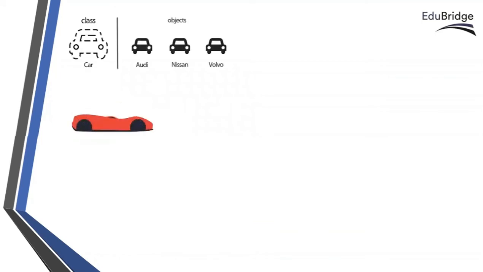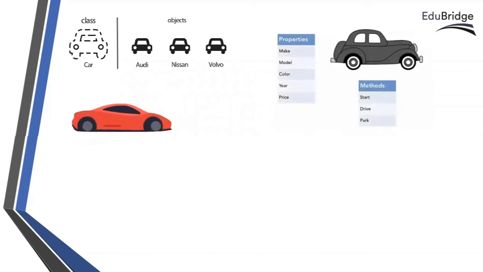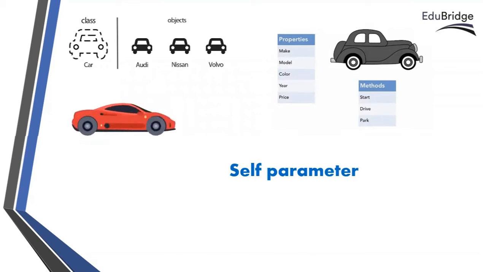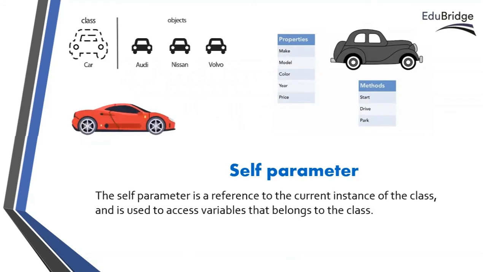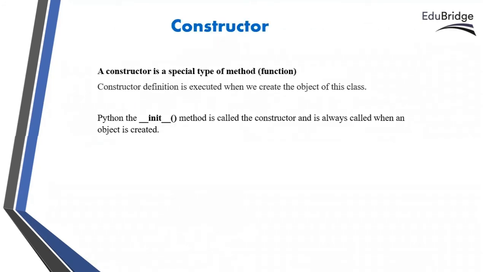So in the last video we started one practical example with a car example. We created one class, Car, and an object, Audi, with engine and drive methods. We already discussed the self parameter, but the self parameter is not solving the complete problem. So that's why we need a constructor.